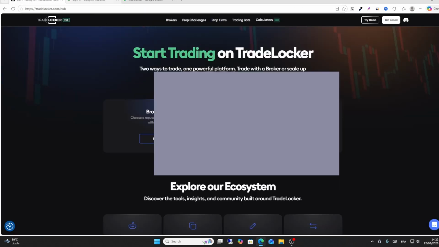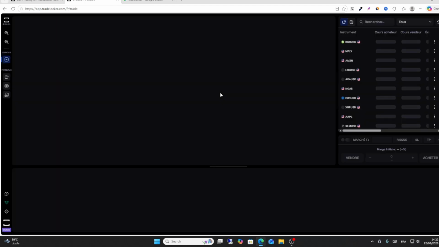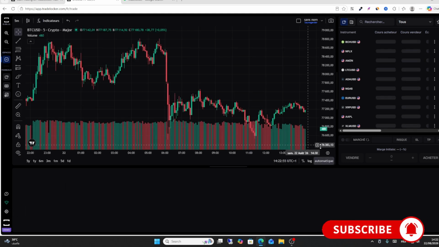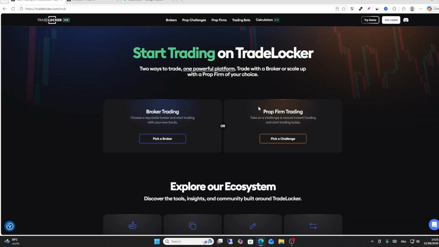After that, when you choose your Google account, set up your account here, and then you will be redirected to your TradeLocker account. So this is my account, as you can see here, and this is the dashboard. You can start trading and use this platform, TradeLocker, without any problem. Basically, this is how you can do it. This is for a broker